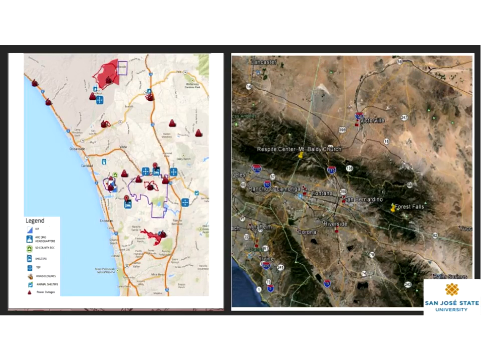The map on the left was created during the fires in San Diego County in May of 2014. There were about 8 fires burning in different areas of the county at the same time, so creating these maps really helped to develop a better understanding of what was happening at the time. These maps provide a good visualization of the situation and are really effective in helping to make decisions when moving